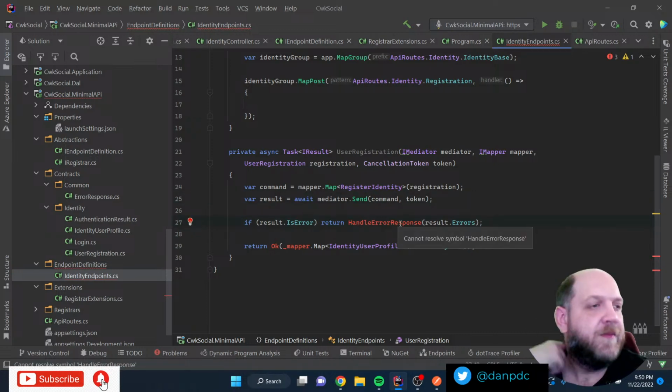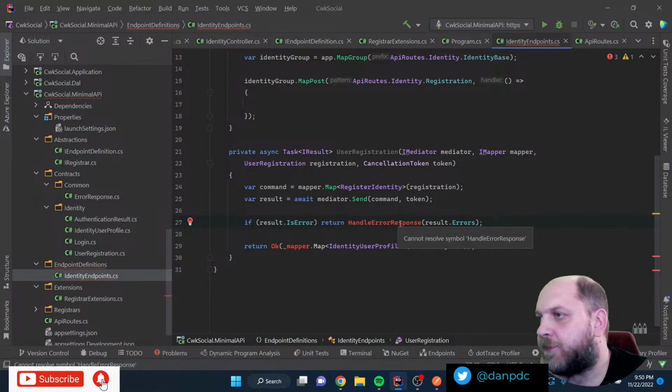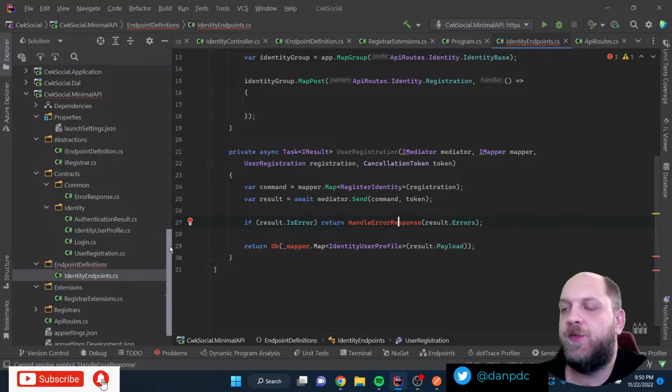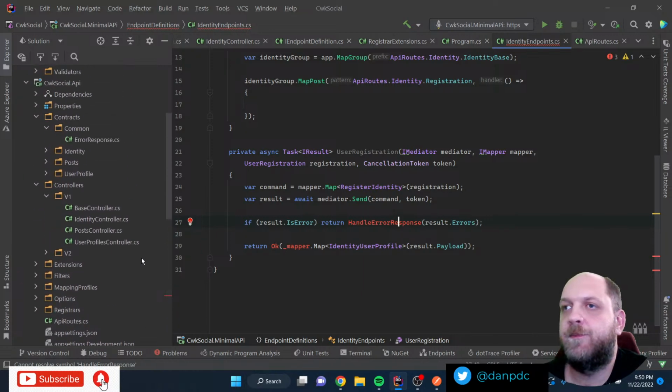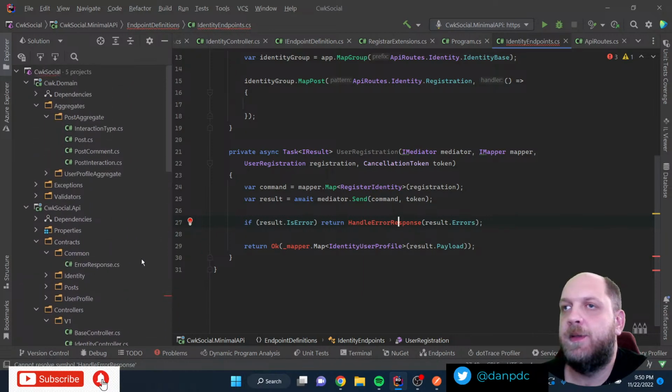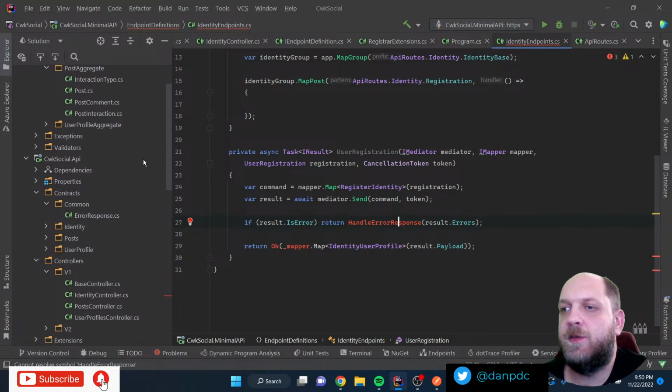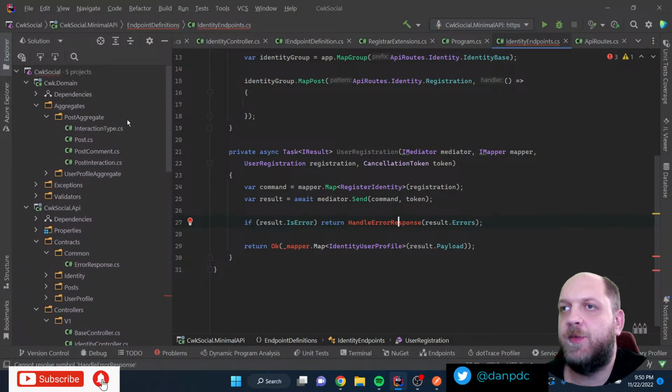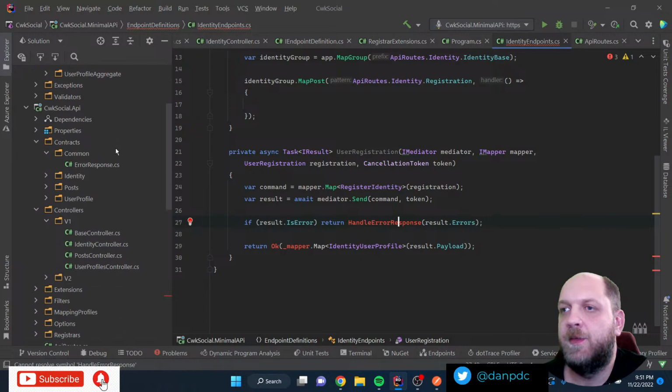Now that is the second challenge, because this method was on the base controller, so I could directly have that. Let me just check this. Where is the controller base? Controller base, controller base.